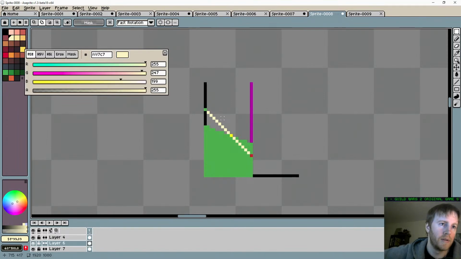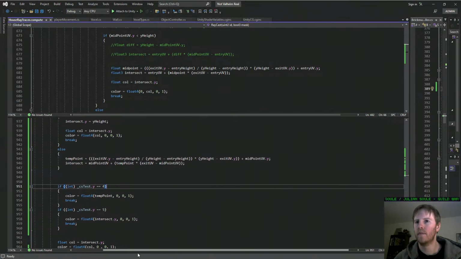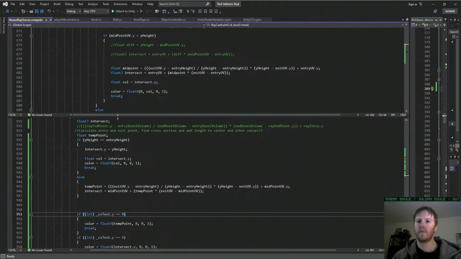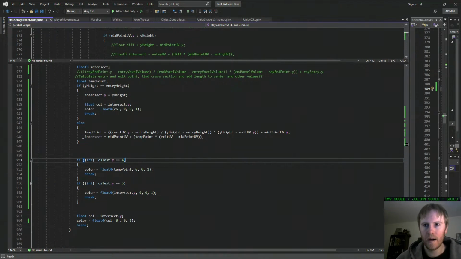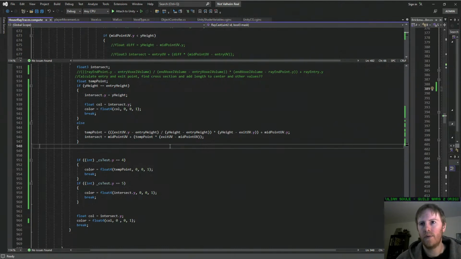So it might be as simple as this. If we go in here, here we have our intersect, right? So what if we try